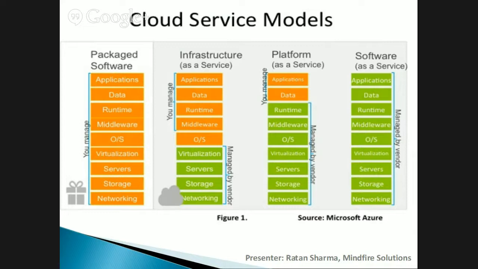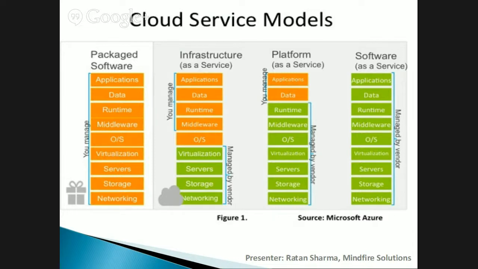In the demo today we will create an EC2 instance, a server, and at runtime we will generate our own instances with whatever package we need, like the memory power and the network usage; we will specify everything. They will give us a server of that capacity, but the rest, from the OS layer to the application layer, we have to manage. That means the person who is actually going for this cloud service. So for infrastructure as a service, we need to manage these things.